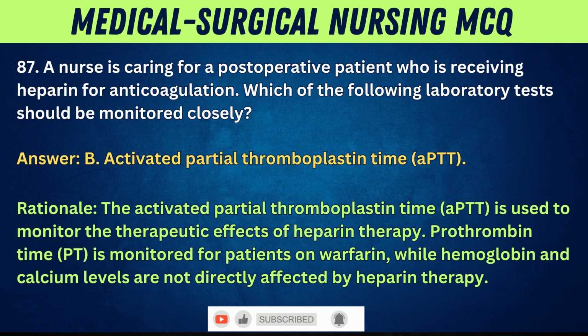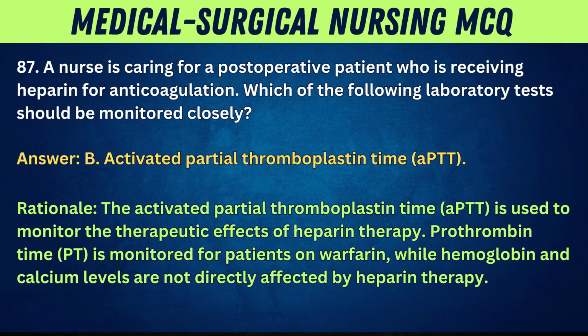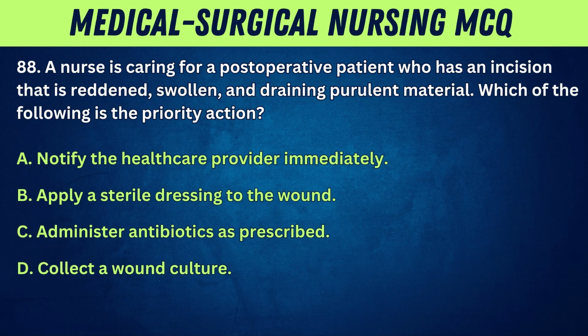Rationale: The activated partial thromboplastin time, APTT, is used to monitor the therapeutic effects of heparin therapy. Prothrombin time, PT, is monitored for patients on warfarin, while hemoglobin and calcium levels are not directly affected by heparin therapy. 88. A nurse is caring for a postoperative patient who has an incision that is reddened, swollen, and draining